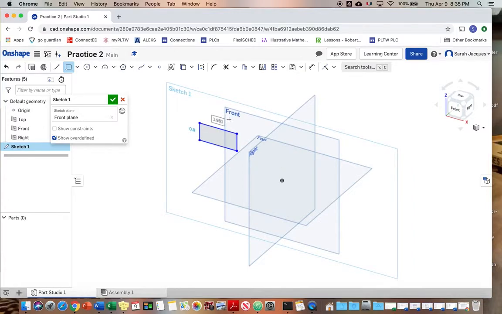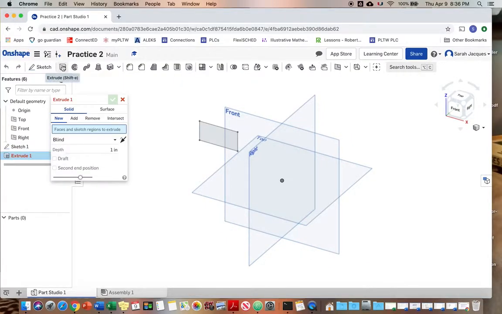So let's just make a random rectangle and then use the dimension tool. Let's see, I want it to be a 2 by 1 rectangle. There we go. Didn't hit enter the first time. And similar to Inventor, you need to hit escape when you want out of a command. So when I'm in the dimension command, if I want out, I have to hit escape. So I have a 1 by 2 rectangle, and then we can finish the sketch just like in Inventor,